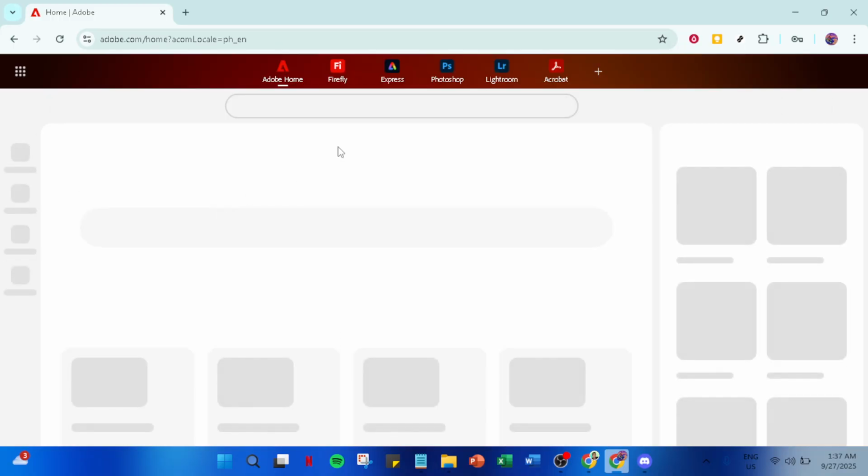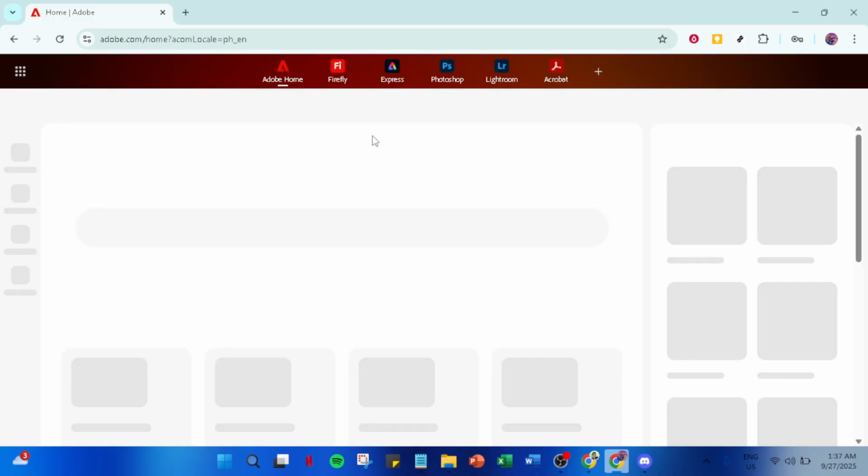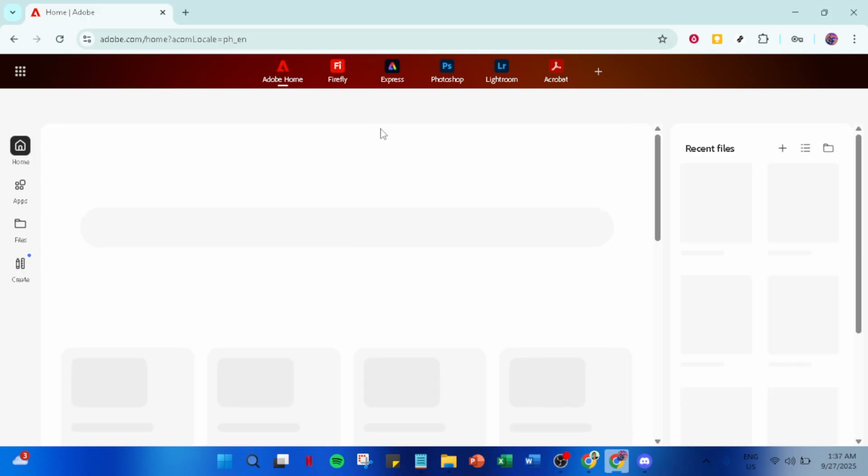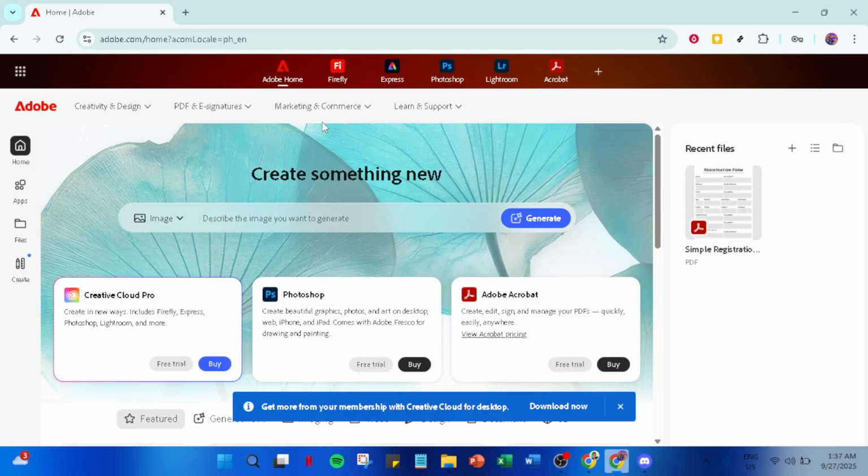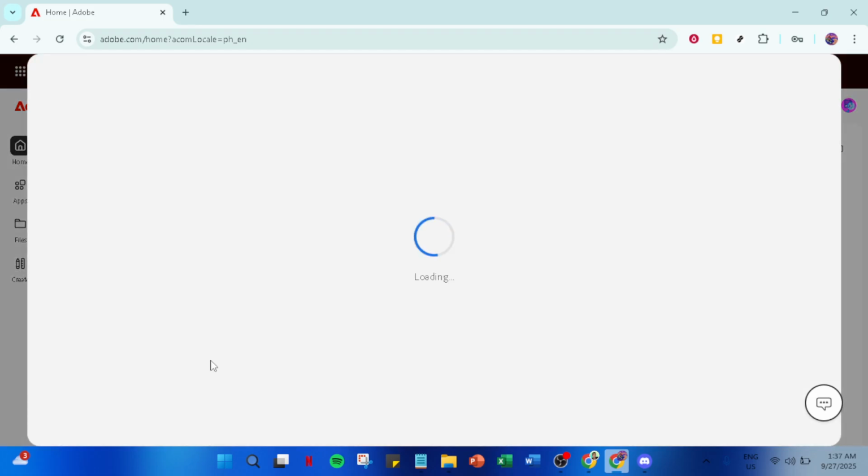After you've kicked off with the free trial, the next step is to follow the prompts to select a plan that suits your needs. Adobe offers a couple of options here. You can opt for a single app plan specifically for Photoshop, or if you're keen on exploring other Adobe tools, you might consider the Creative Cloud All Apps plan. Choosing the right plan is crucial, as this will determine your access and future payments after the trial period.